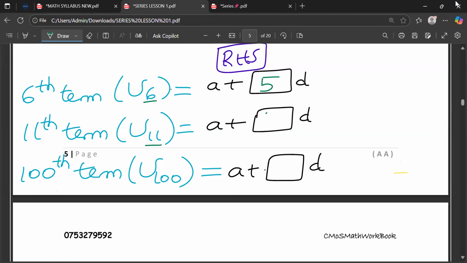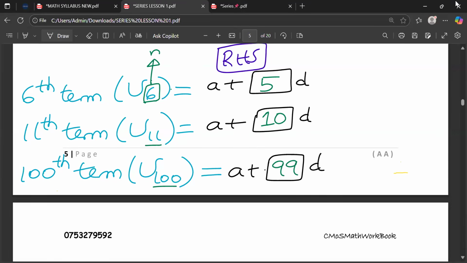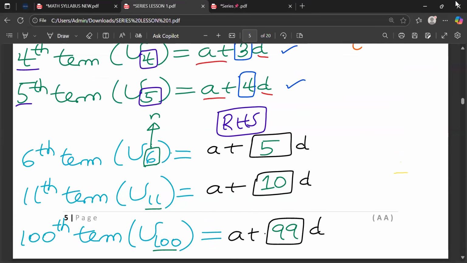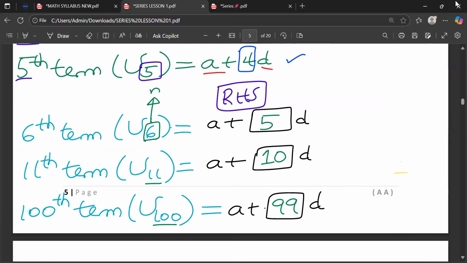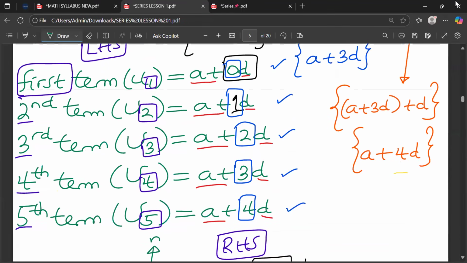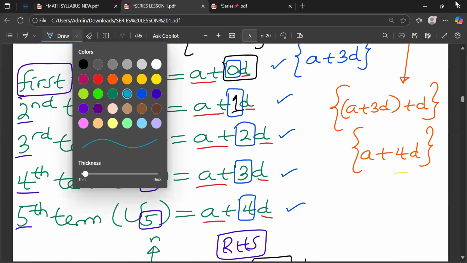This is 11, this will be one less. If this is 100, this will be one less. But the other thing I want you people to recall, that this is n, isn't it? That is n. So I want, out of all these things we've been doing, right from the beginning here,